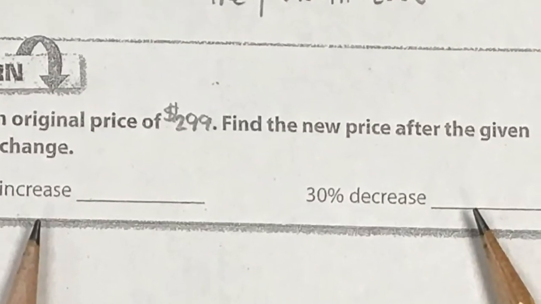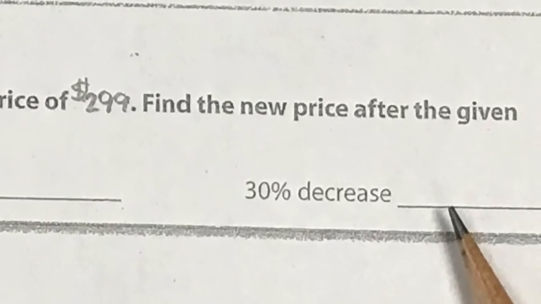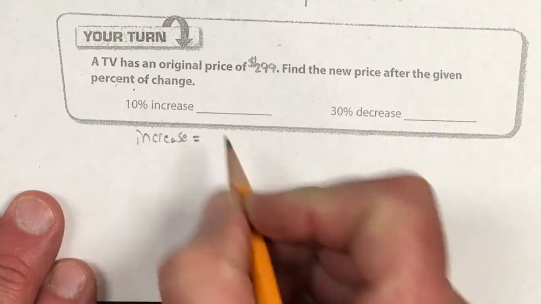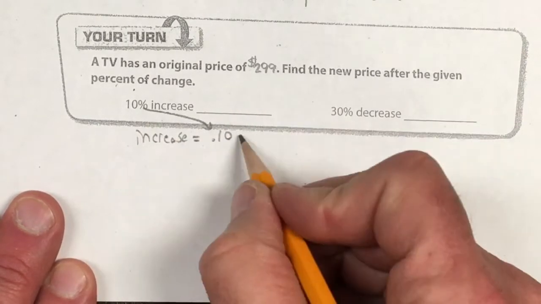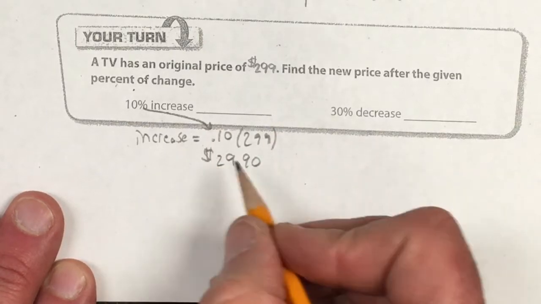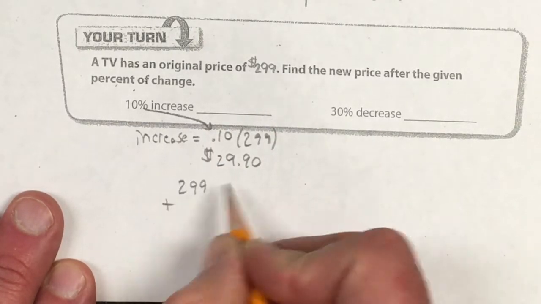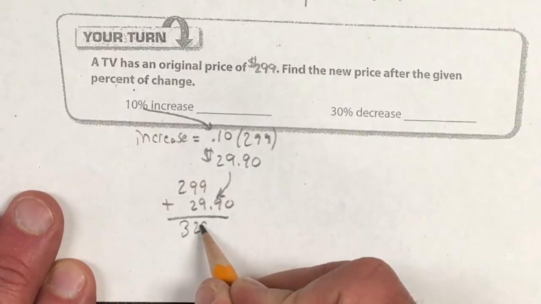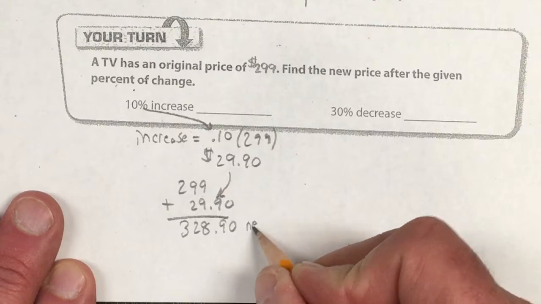At the bottom, we have an example about a TV that has an original price of $299. First, we're supposed to find a 10% increase and then a 30% decrease. For a 10% increase, you change 10% to a decimal and multiply by the original price of $299. You find the increase of $29.90. Add it on, you get a new price of